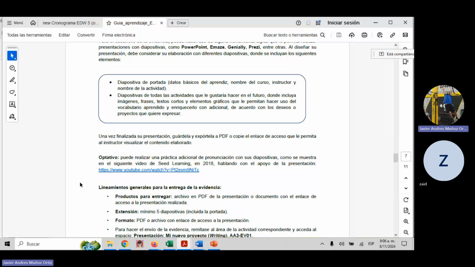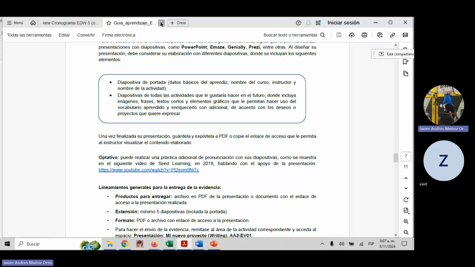mention it since now. Activity number 4 is the same. This exactly evidence, but mentioned or read by you in video, and that's it. This is what you have to present for activity number 4. Number 3 and number 4, of course. So once again, it's something similar we used to make in level 4, 3, 2, and 1, but in this occasion, this evidence is divided in 2. That's it. That's everything you need to know, you need to remember.